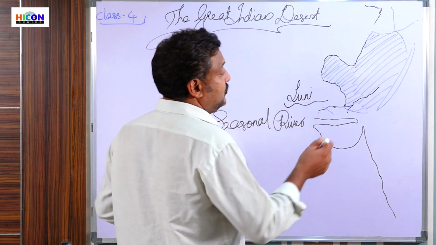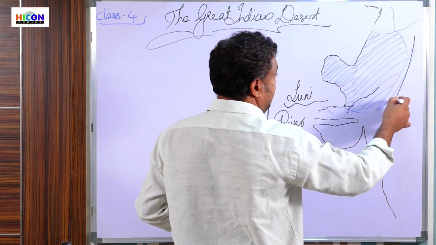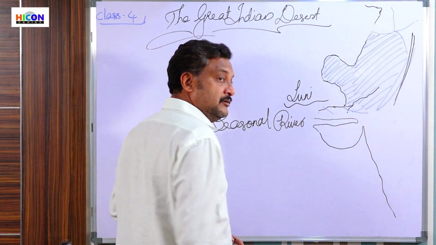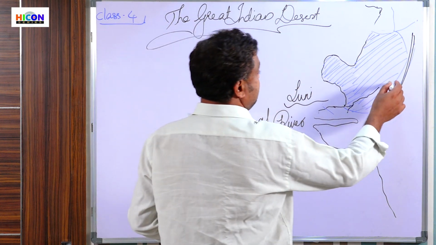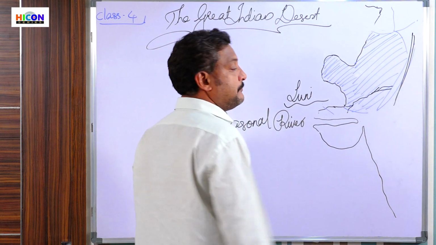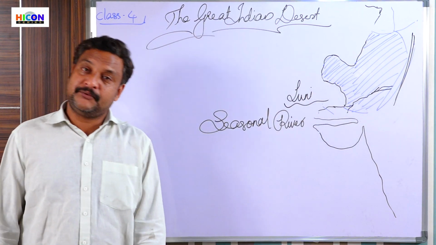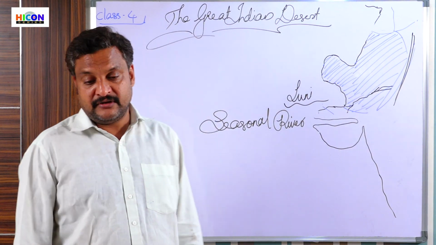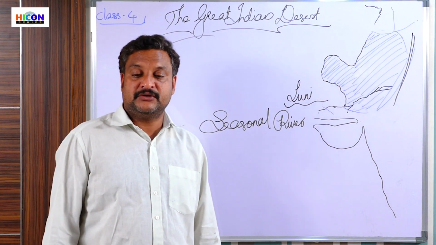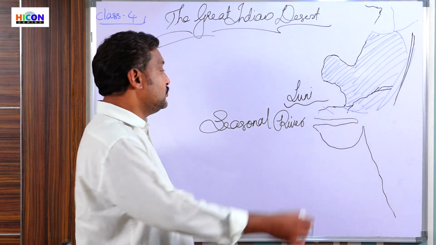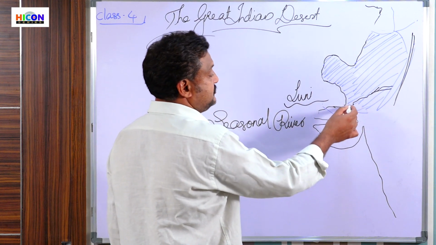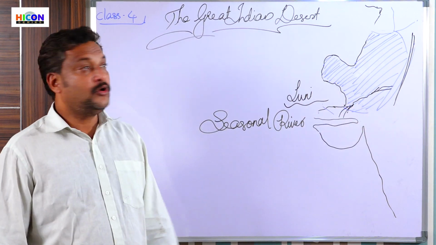See, the Aravalli ranges are the eastern border of Thar Desert, and this river is originating somewhere near there. During the rainy season, Luni River will have some water, but during the summer season, it will dry off, and that too, it is flowing through the Kutch region, the Ran of Kutch, not through the middle of